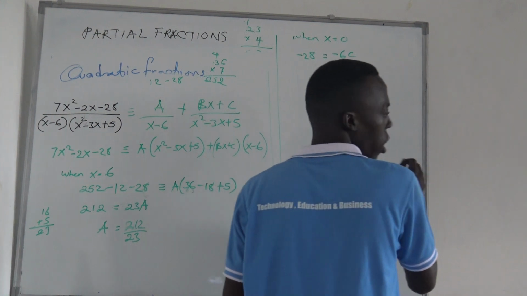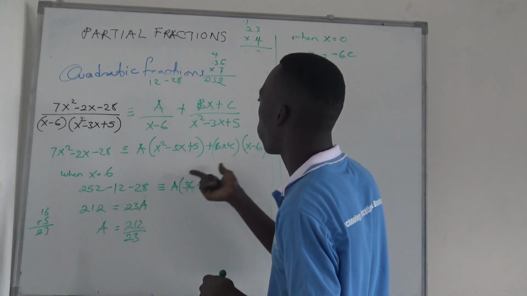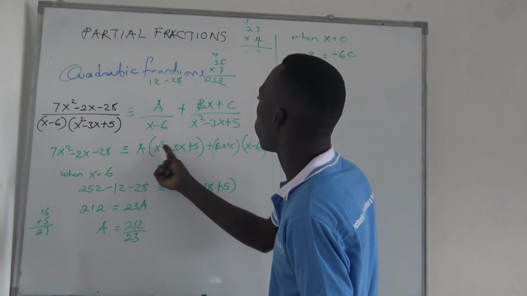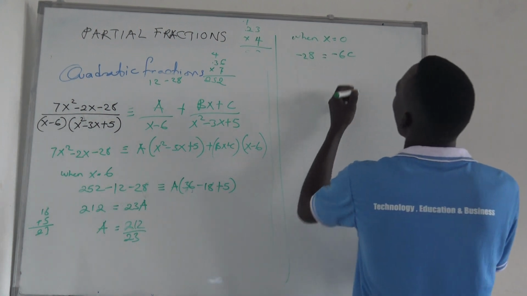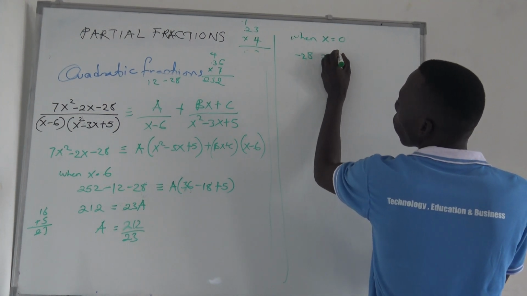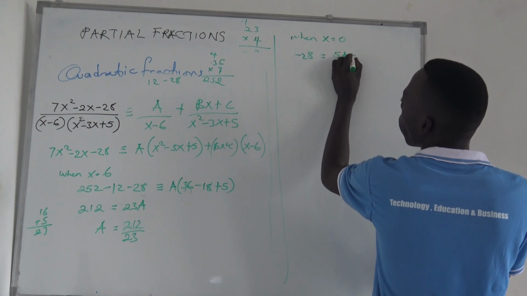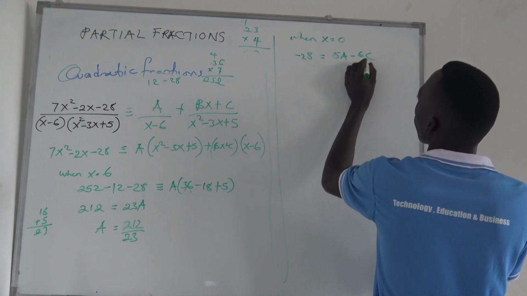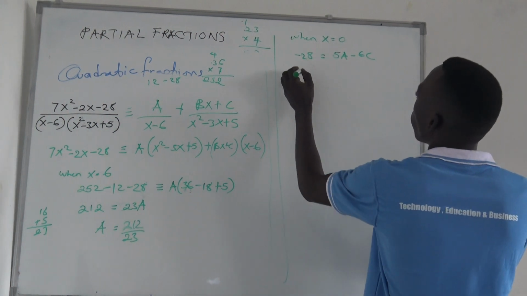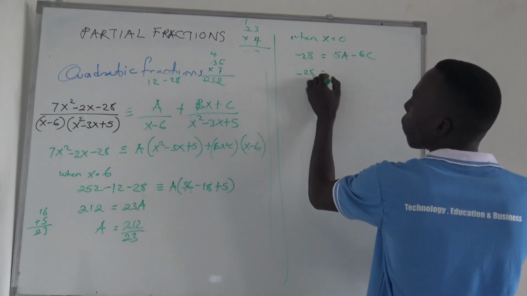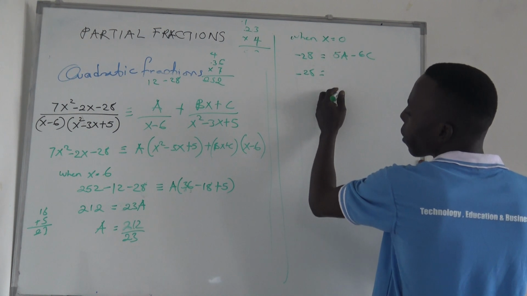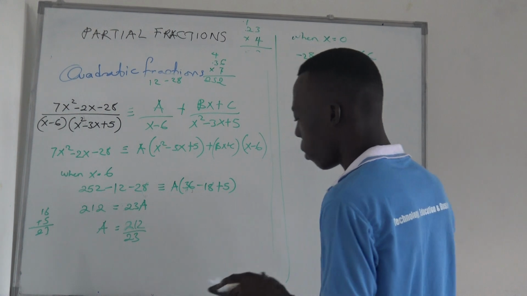6c, negative 6c. Also this one, when we put in a 0, this one and this one go to 0, so we have 5a minus 6c. So put in the value of a, which will give us negative 28 equals this one times the other one, which will give us something like